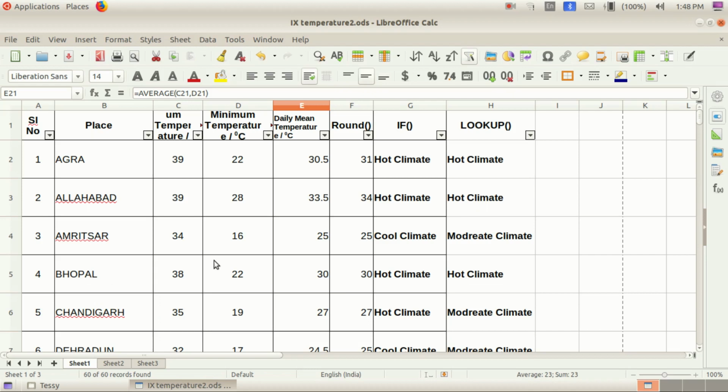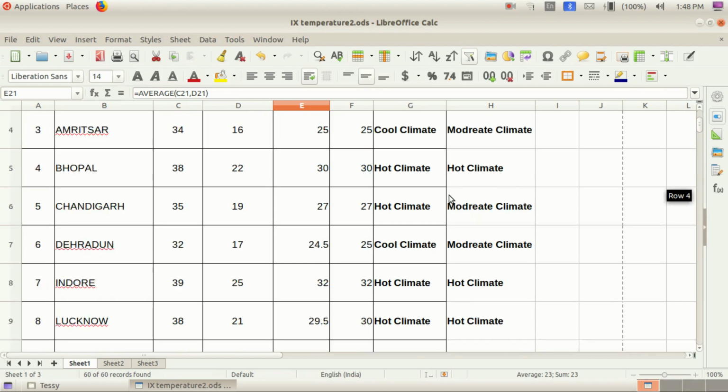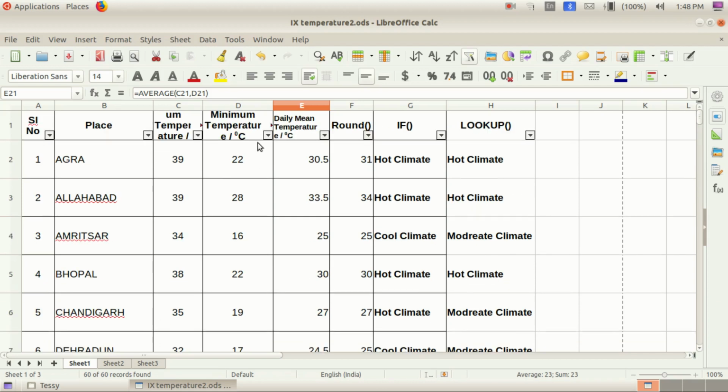Is it clear now? If you need to paste anywhere those that have the hot climate and moderate climate, you can also do it by copy and paste, children. Next one, children, is paste special. Look here, now you can see the formulas in every cell, isn't it? Every cell where we found the round, average, etc. You can see the formulas in the formula bar. Look here, average, round, then somewhere only average and round we have. Then the functions you can also see in each and every cell.